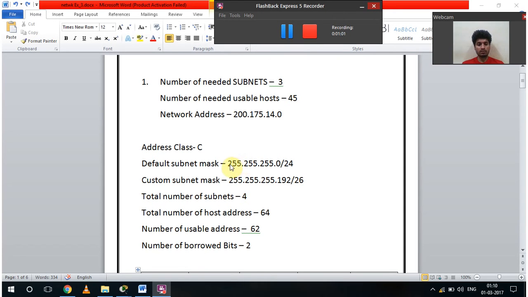That is, the first 24 bits are taken by the network address, and the last 8 bits are left for the host address. And the default is 24,